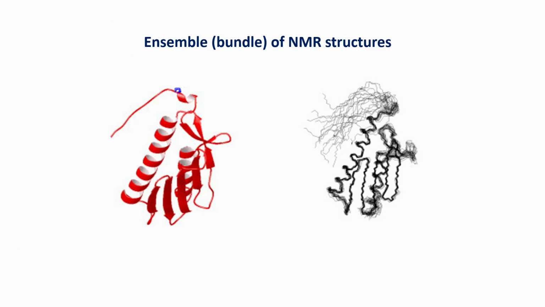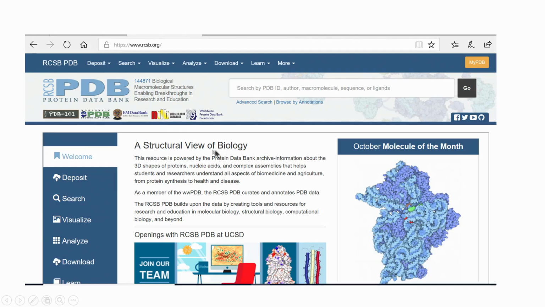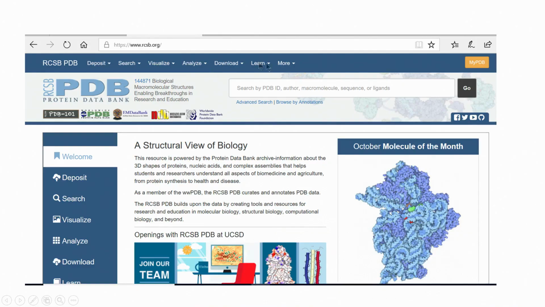So, basically this brings us to the end of the NMR structure determination. The last point here, which we will come back to in the next class, is that we have to deposit these protein structures in the database when we publish. We will look at this slightly in the next class before we move on to the next part of the course, that is protein ligand interaction.